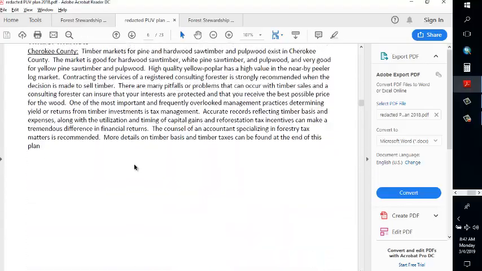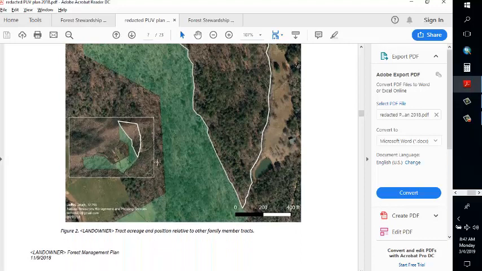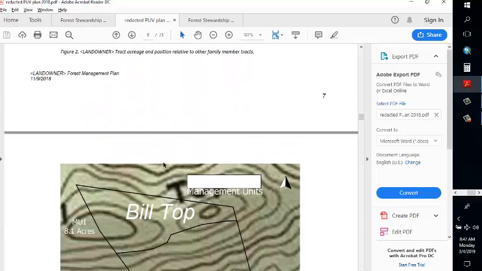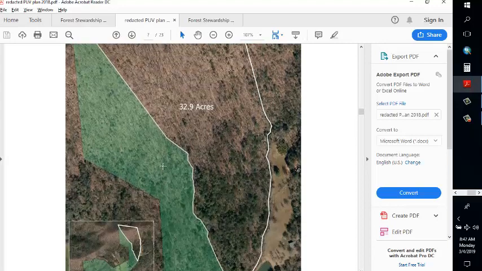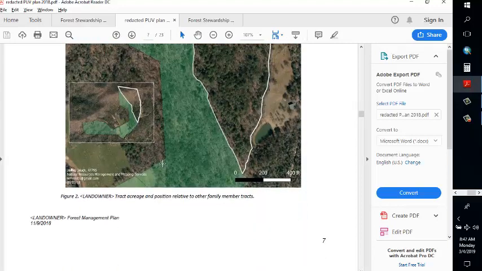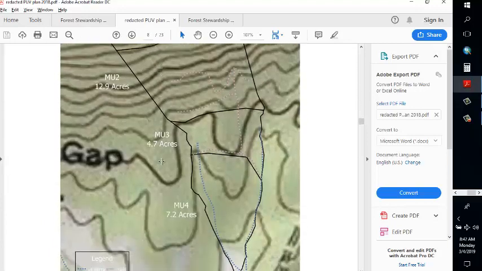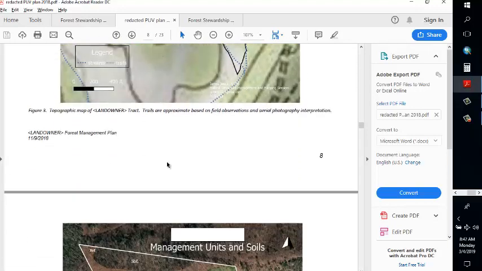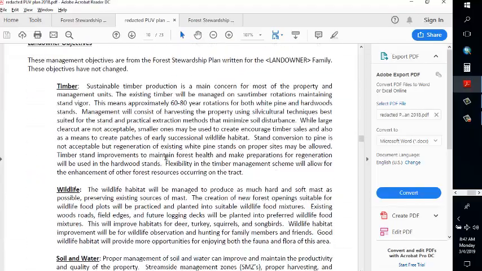Okay, well, where are these figures? Well, figure one was at the beginning, and I just kind of lump my figures somewhere in the middle of it. Okay, so here's figure two. That's the parcel in conjunction with the other neighboring parcels. That's the parcel's topographic map. That's the parcel's soils, and